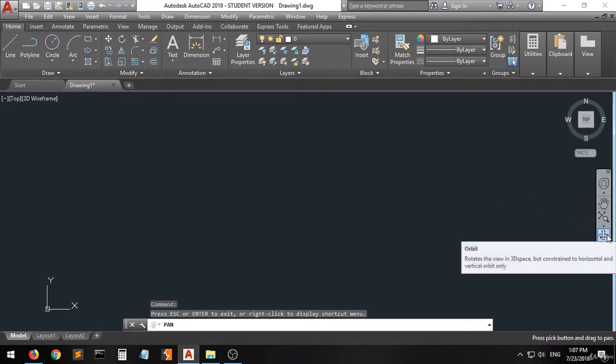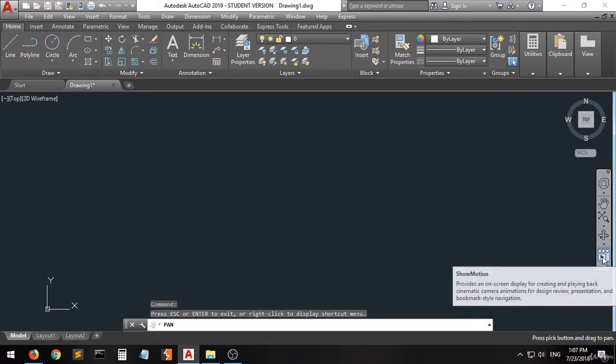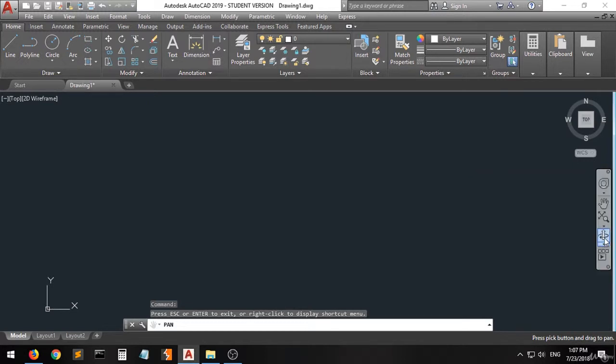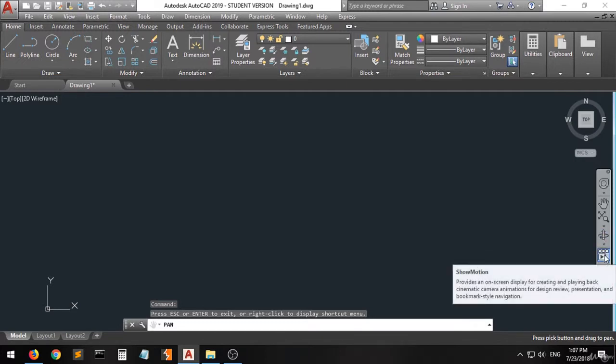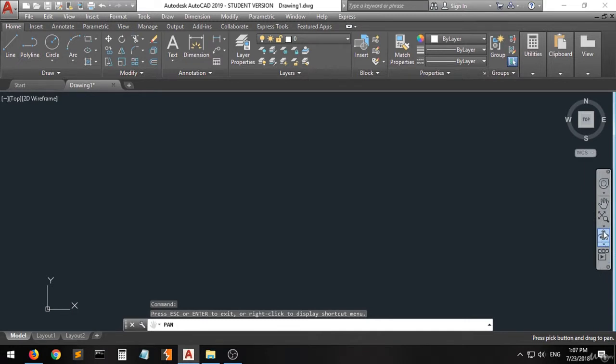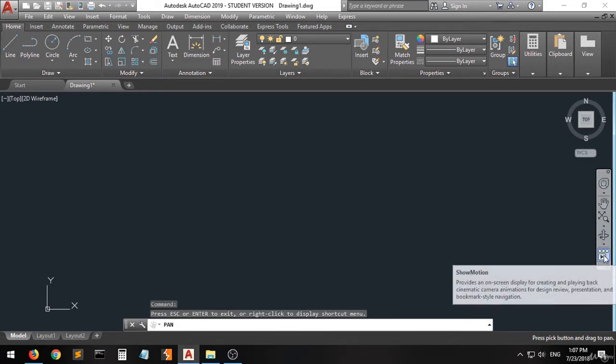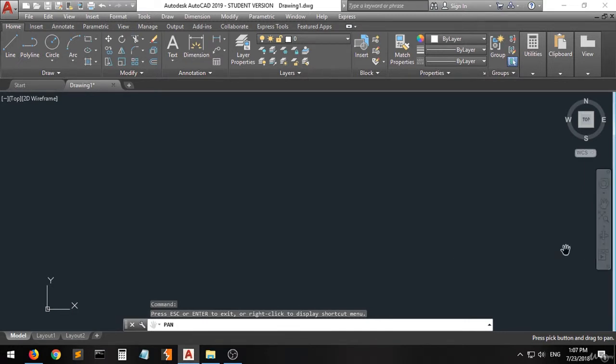Also, we have the orbit and the slow motion. Those two buttons are related to 3D and animation. We're not going to explain these buttons or commands since we are dealing with 2D shapes. Okay? So, moving down to the command bar,